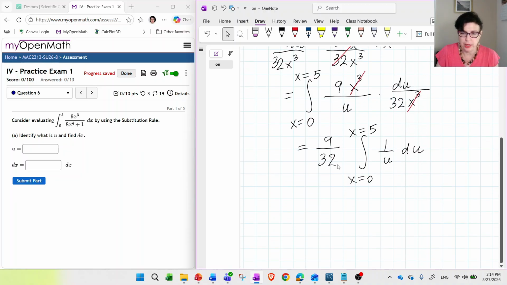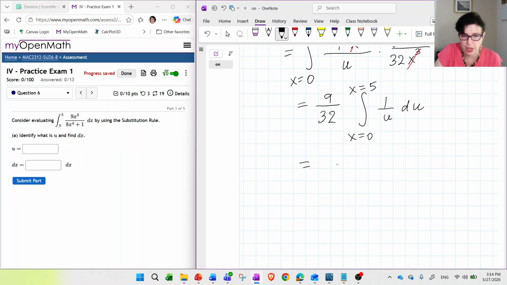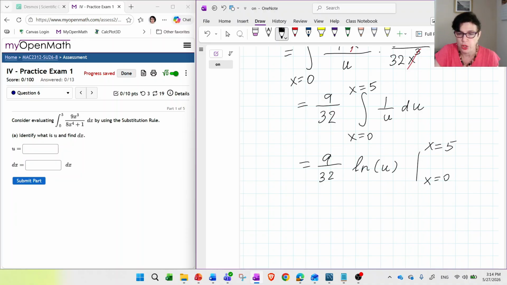The integral of 1 over u is natural log of absolute value of u. However, in this case, I don't think anything is going to be negative, so I don't really need to put absolute value. So this is just going to be natural log of u. And because we made a note, and this is very important, that this is x equals 0, x equals 5, you are not ready to substitute in here, because here you see u. That's where I differ. I don't change the limits, but I do go all the way